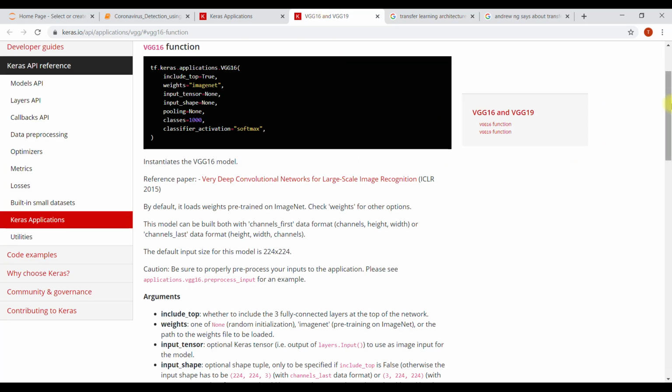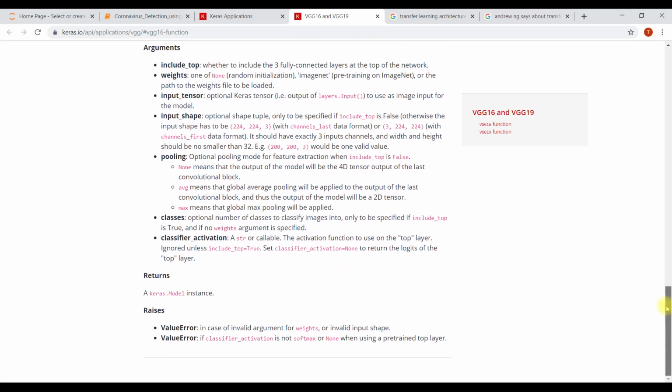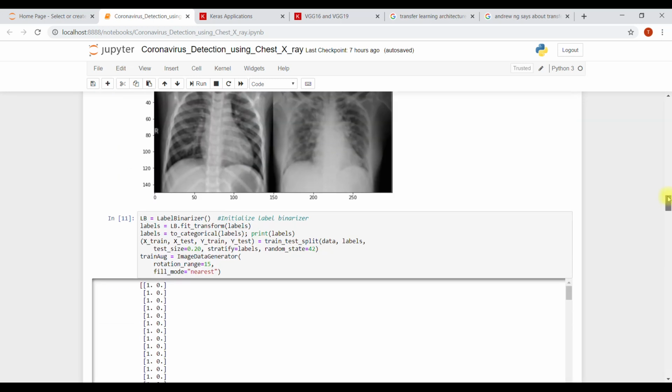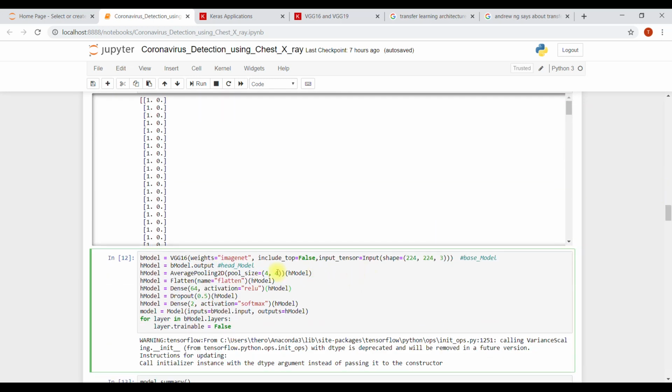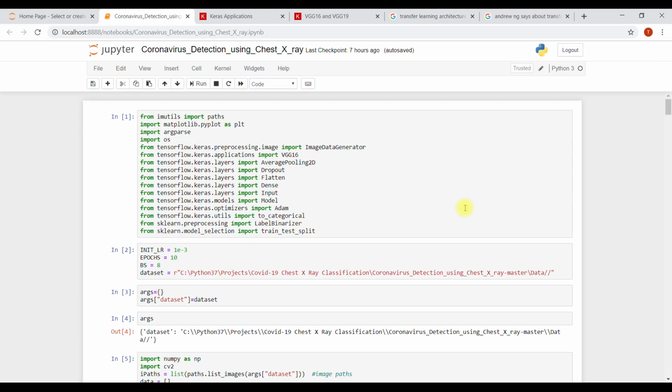This is how we're going to use it, and how we're going to remove the top layer, I will tell you: include top equals false. You will learn many things. So watch the full tutorial and practice along with me. You're going to learn a lot of things. Let's start.